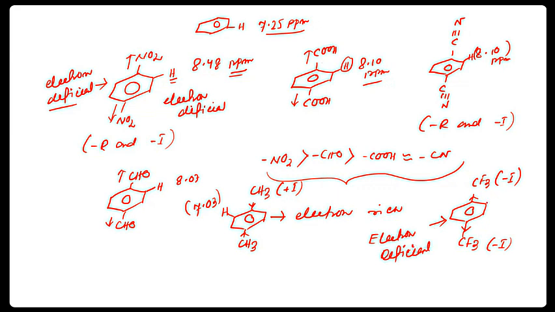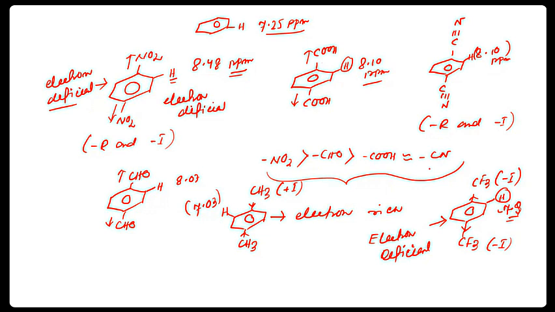As a result, this proton will appear at higher ppm values. Means it appears at, you need not remember, around 7.0 something, around higher ppm values, 7.9 or 8 in that range. It is electron deficient. So from the discussion, we can say the different electron withdrawing ability of different functional groups,